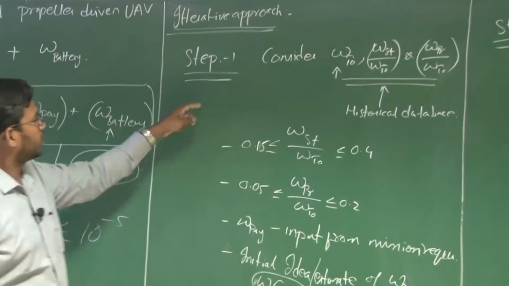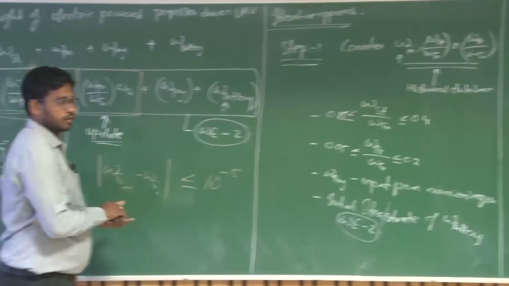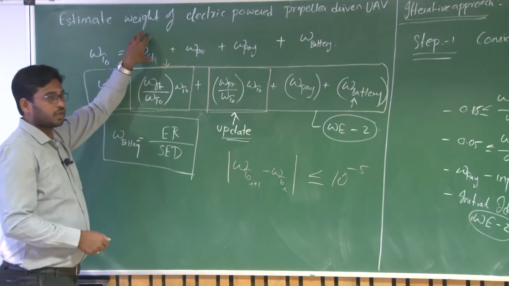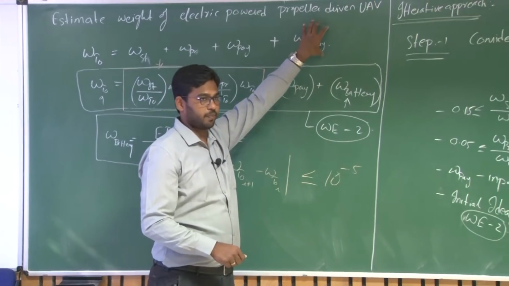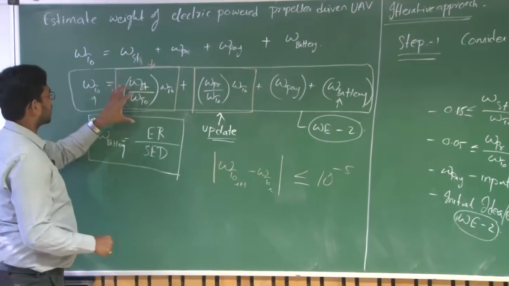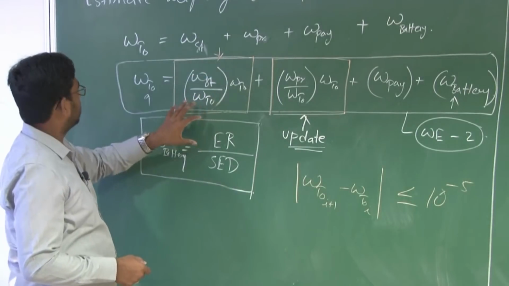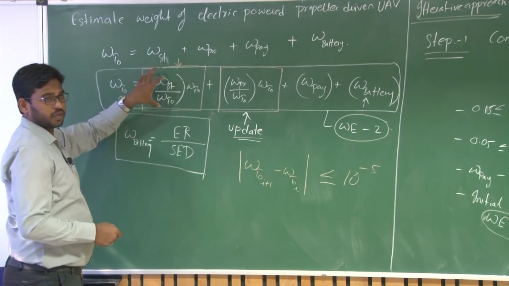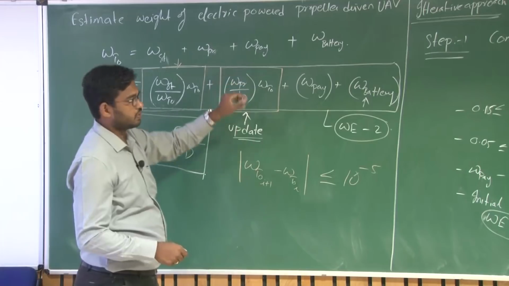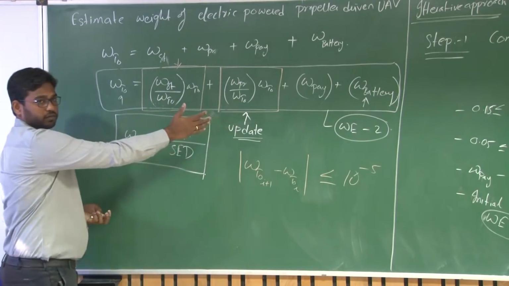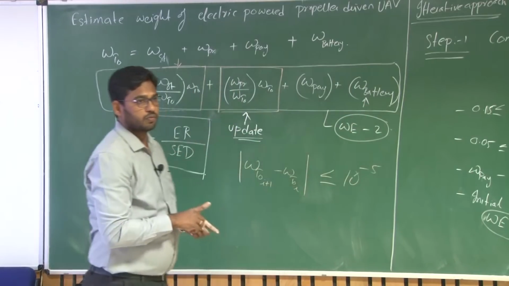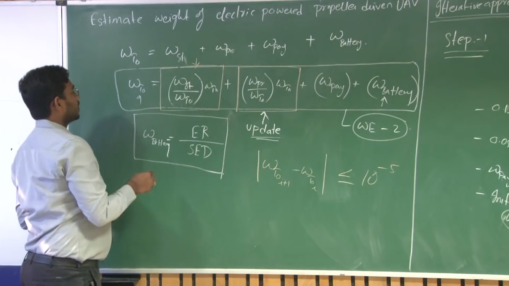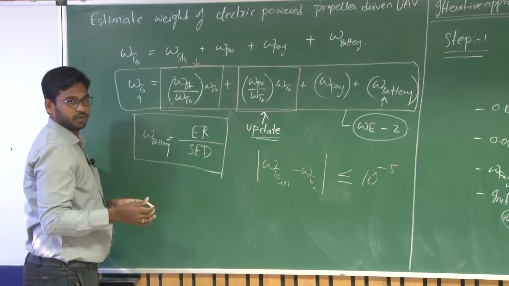So step 1 is, I am repeating this again, it may be a bit confusing. What we have done, the total takeoff weight is a summation of structural weight, propulsion weight, payload and battery, right? So this equation can be expressed in the form of weight fractions, right? So the takeoff weight is a function of structural weight ratio and propulsion weight ratio, for an electric propeller driven aircraft. So we are not considering a battery weight ratio here. So for an electric powered propeller driven aircraft, this equation will give an estimate of the overall takeoff weight, right?